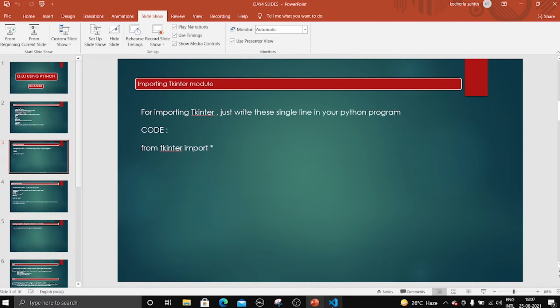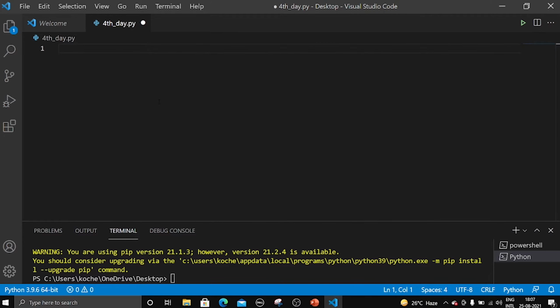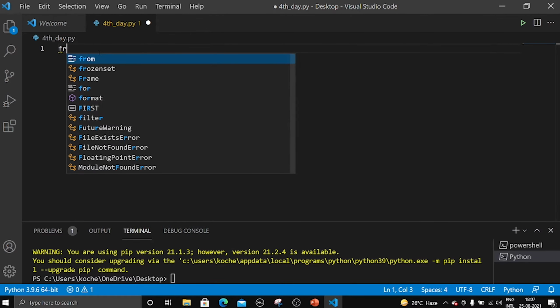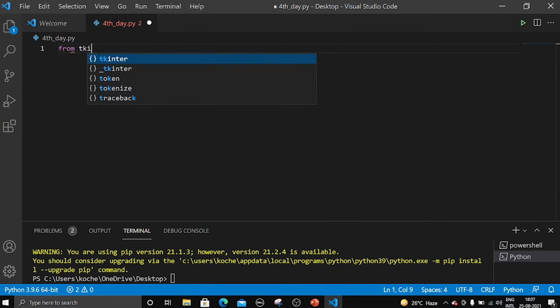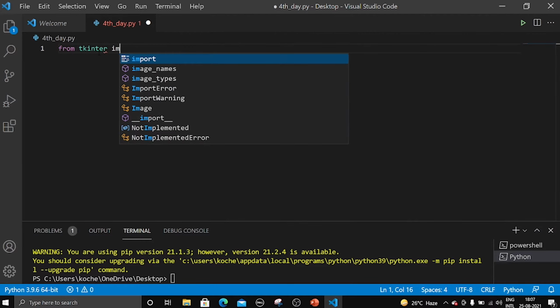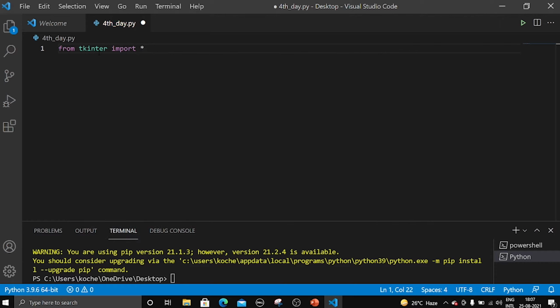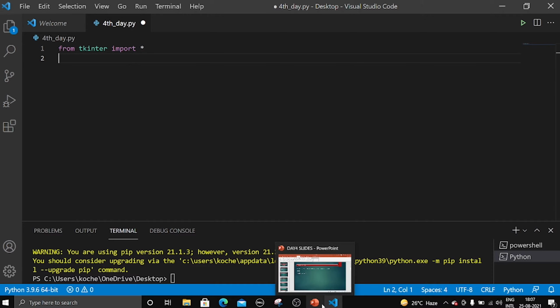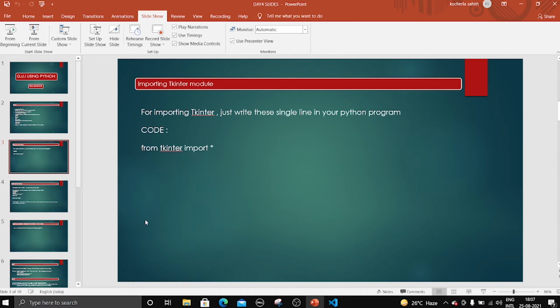So let me go into VS Code, and I have saved a file for today. So what we're gonna do is from tkinter import star, right? So this is the first line which will import the Tkinter module into our system, right? So let's go back, and we have chosen this one. Next slide,